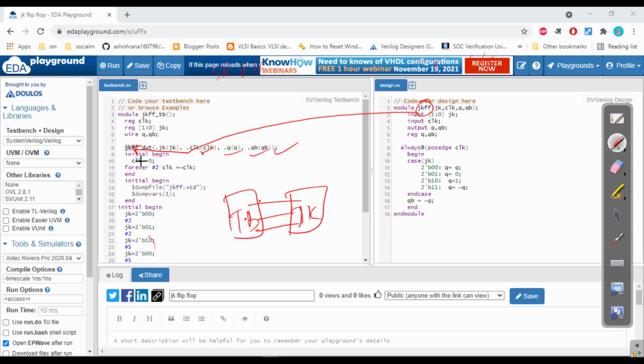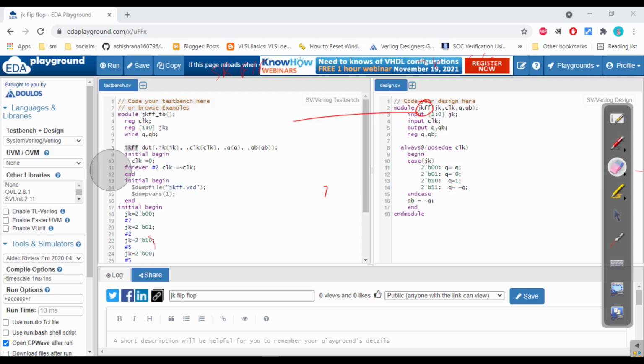Now here is the clock generation. Clock is initially 0, and then forever it will change after 2 nanoseconds. Now VCD file generation, and now the stimulus.